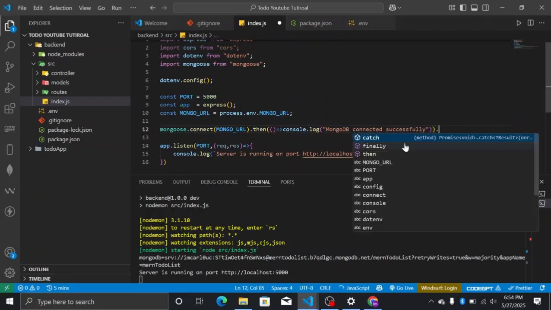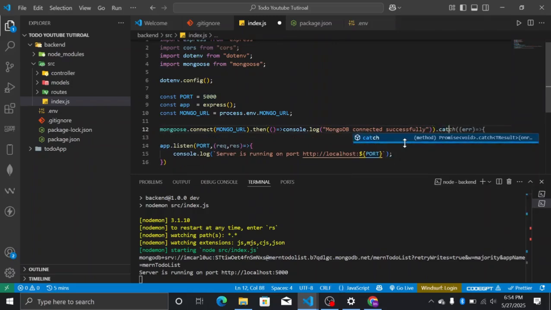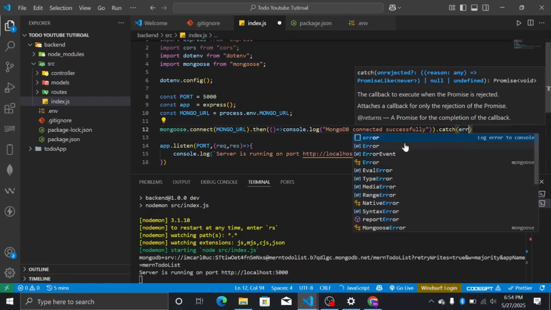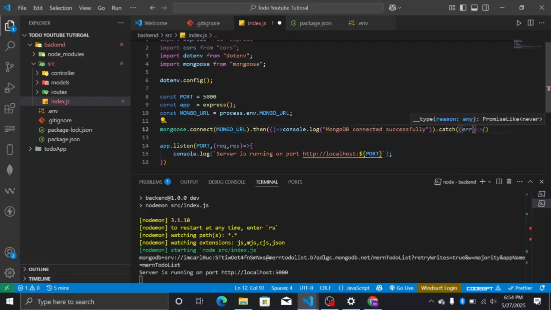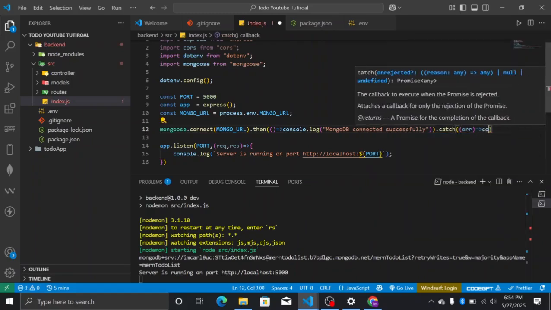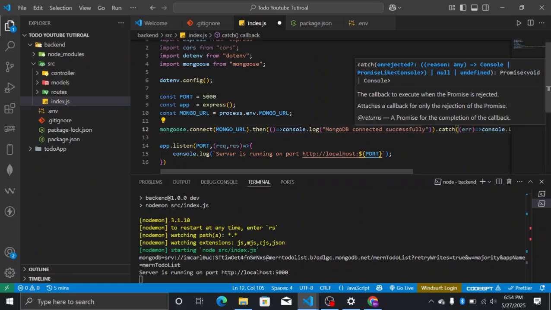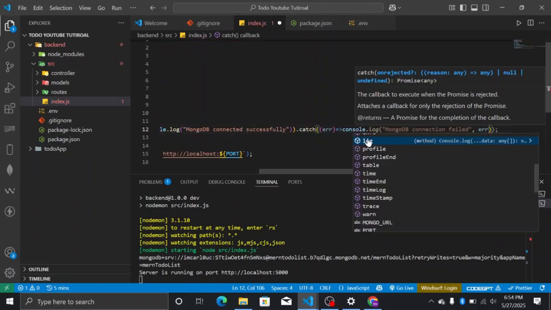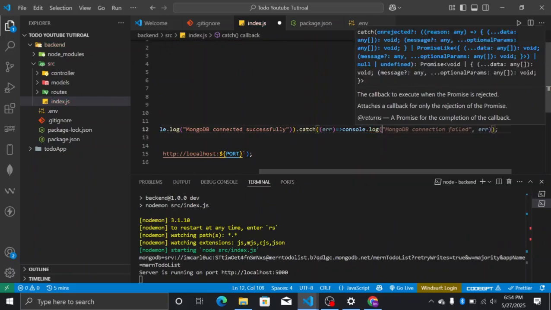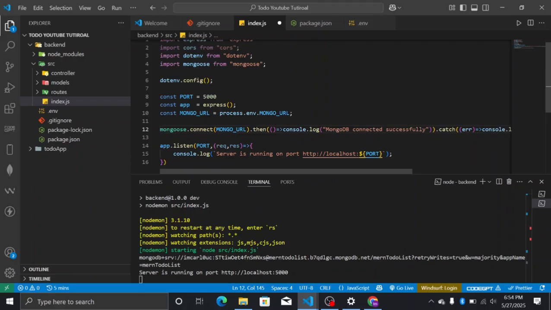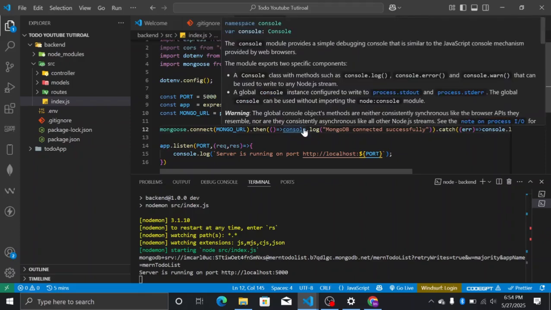Then you can say .catch, in another bracket, error is now equals to console.log MongoDB connection failed. But this is too long. So just